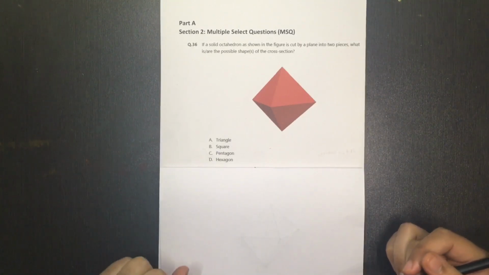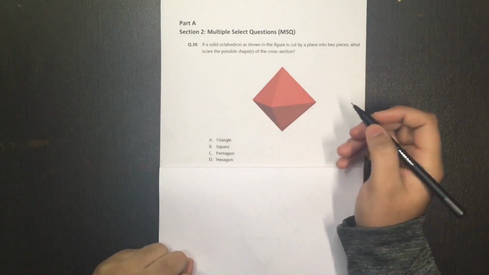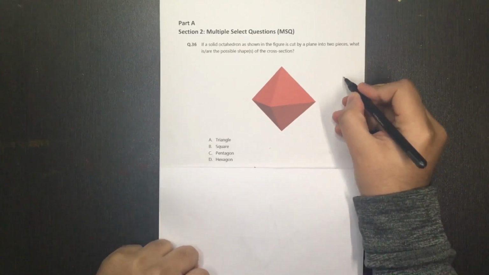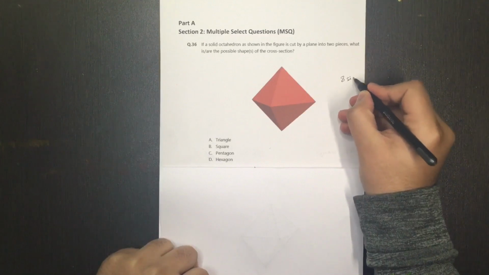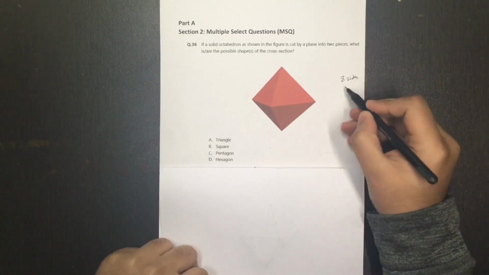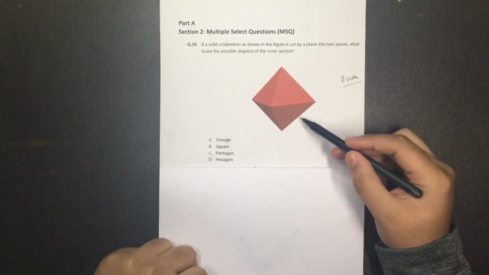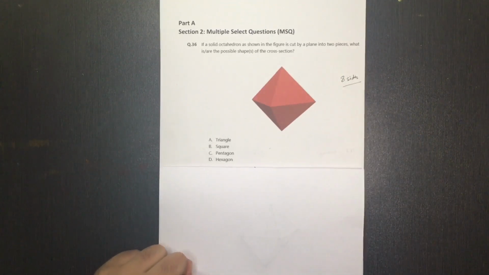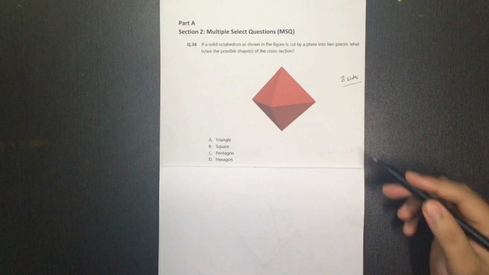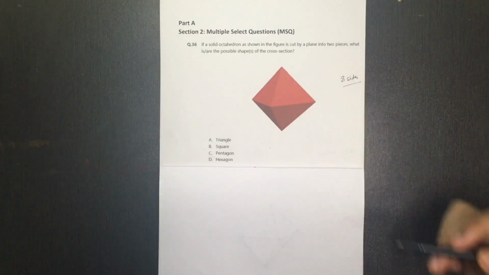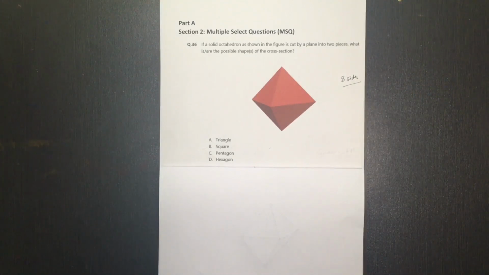So the first thing we need to know over here is what an octahedron is. So an octahedron basically has 8 sides. So it has 8 sides. Okay, so 2 over here, 2 at the back side, and 2 over here and 2 at the back side for the bottom. So totally 8 faces. Okay, so 8 faces over here. So it will be having 6 points.